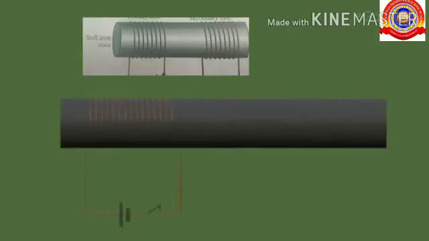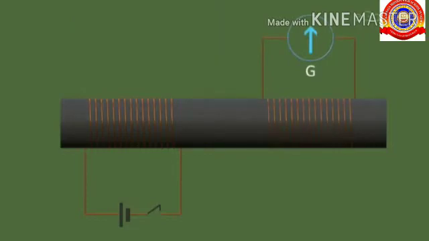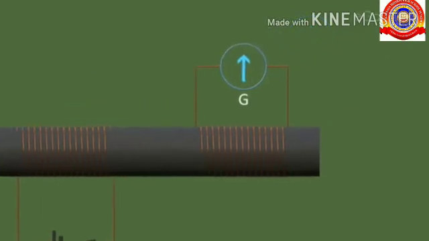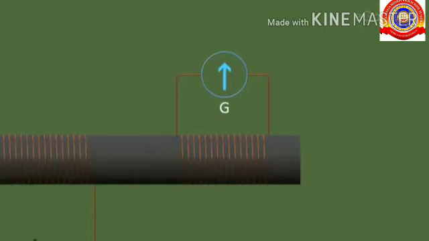Here you can see a few turns of finely insulated copper wire are wound at each end of a soft iron core. The ends of one of the insulated copper wires are connected to a cell and a switch. The insulated copper wire which is wound on the other end of the soft iron rod is connected to a galvanometer. The first set of coil is called the primary coil, and the second set of coil on the other end is called the secondary coil. When we turn on the switch of the primary coil, we can see the galvanometer in the secondary coil shows deflection to one side and comes back to its original position.